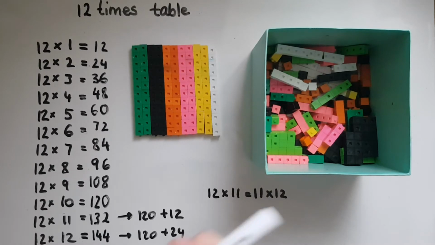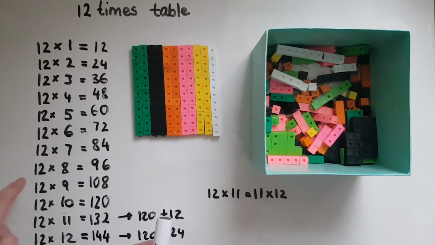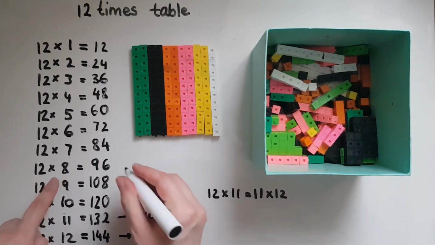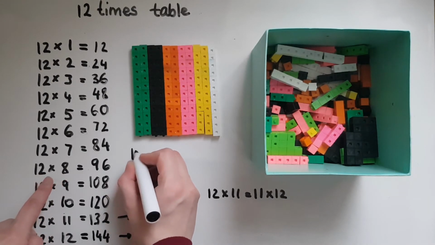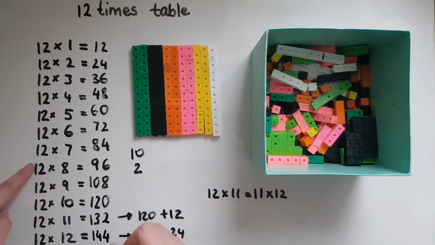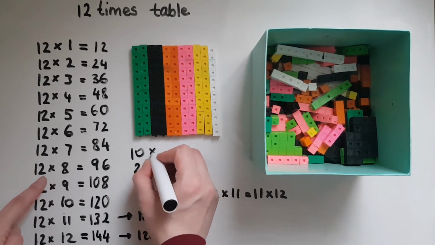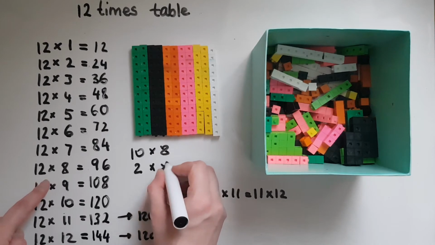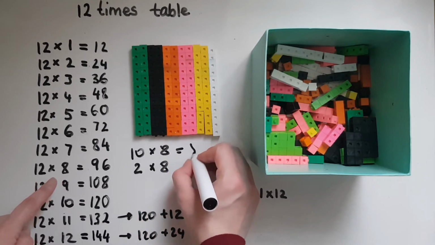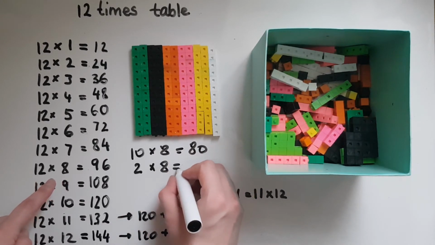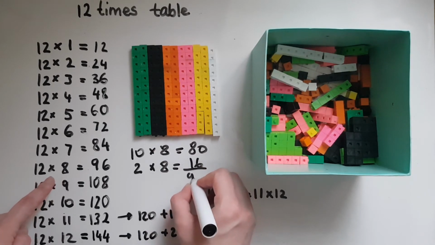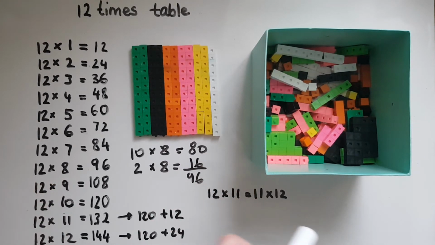So if you don't know any of these and you're not having these in order, let's say you want to work out 12 times 8, you can go 10 and 2. So break down the 12 into 10 and 2. 10 times 8 and 2 times 8. So 10 times 8 is 80. 2 times 8 is 16. That gives us 96. Also, you could choose to break down the 8